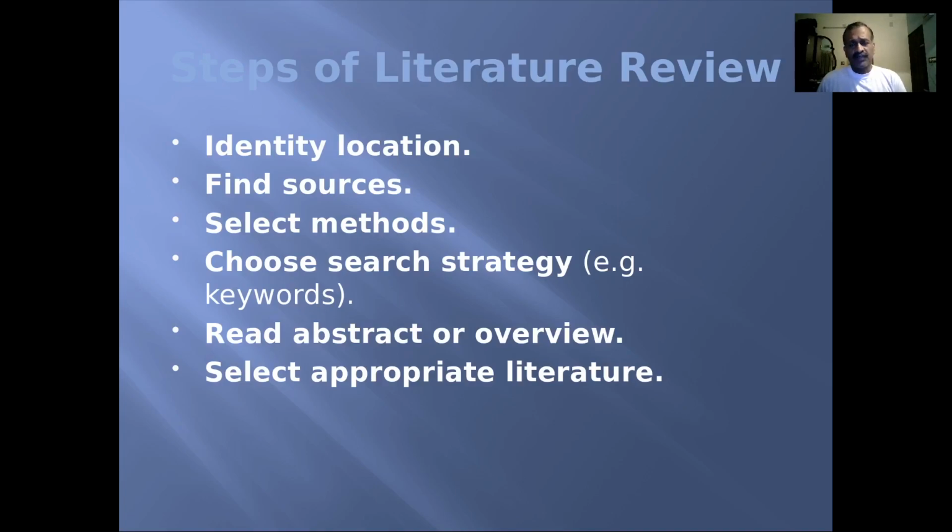For example, if you are doing a research on cancer, the important journals you may get or an information you may get from the regional cancer center. So they have a library, they have a lot of cancer registries, a lot of information related to different types of cancers and its treatments, prevalence, incidence, etc. from RCC. So identify exact location for your literature.